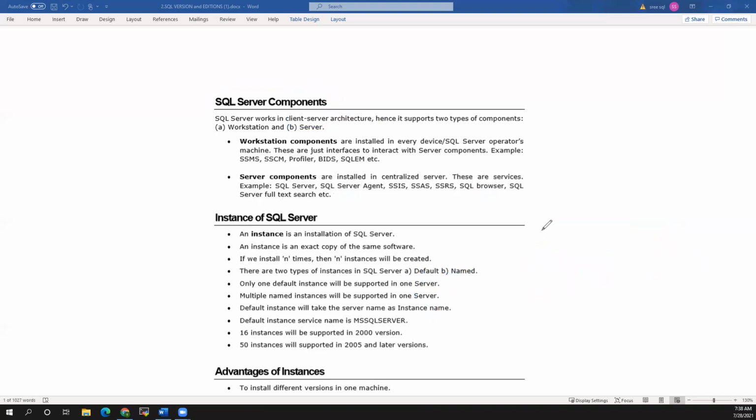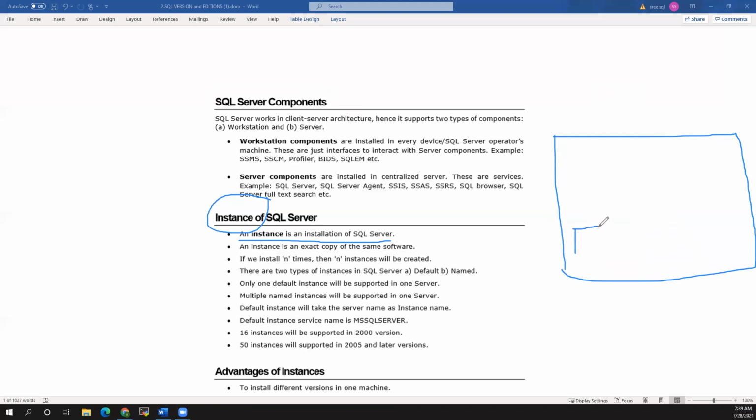So when you install SQL Server, an installation of SQL Server, we can call it an instance of SQL Server. An instance is an installation of SQL Server. In general, you will be installing on a Windows box. So when you install SQL Server on a Windows box, one instance will be created.